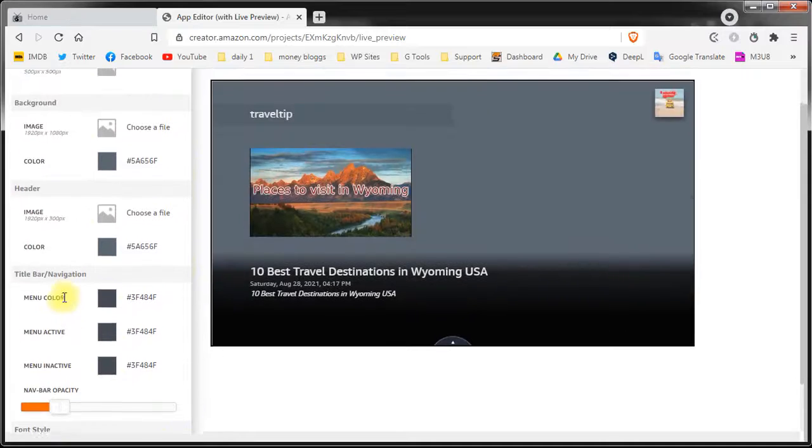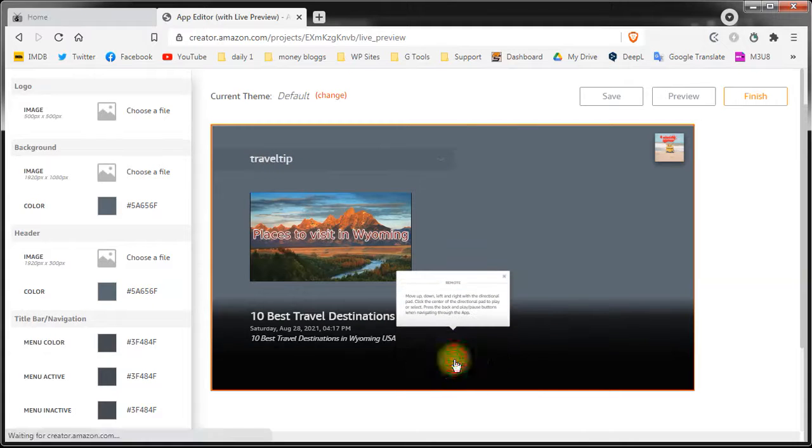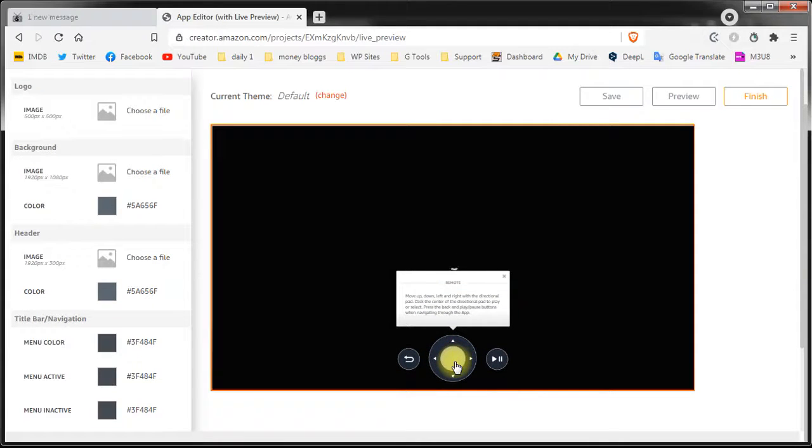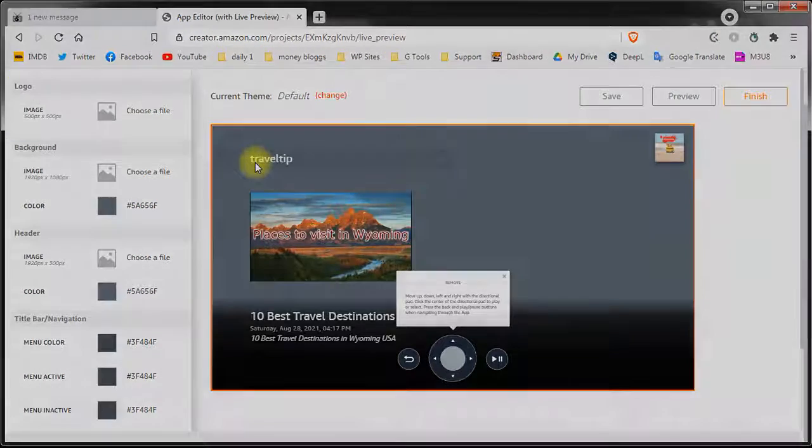I want to focus on this screen because I wanted to show you the categories. You can see we only have one category, and the category appears exactly as I set up the tag that I've used in TV Boss Fire. If you remember our tutorial about how to add videos, you remember that we talked about tags. I spelled the tag travel tip with lowercase letters. So in the Amazon settings, it appears as travel tip spelled exactly like that.